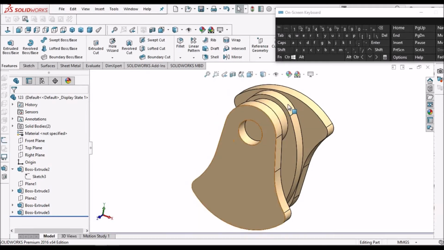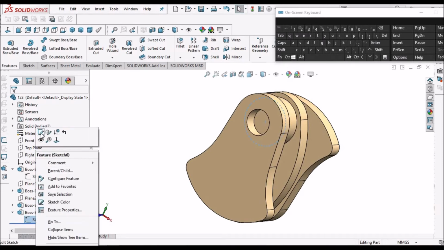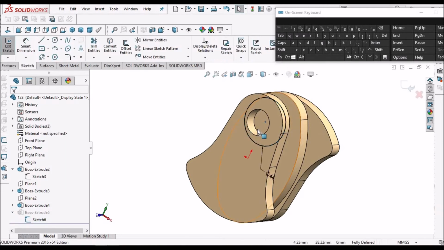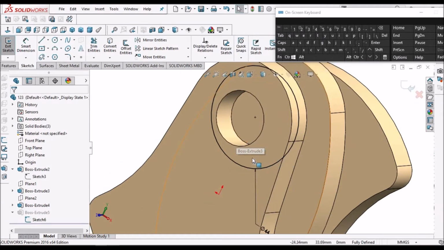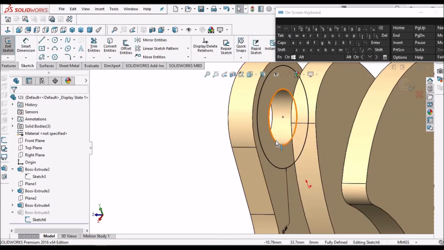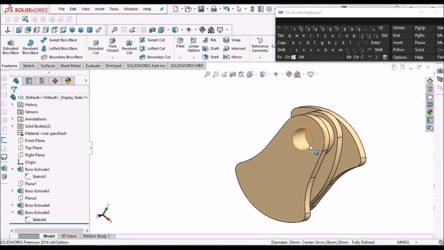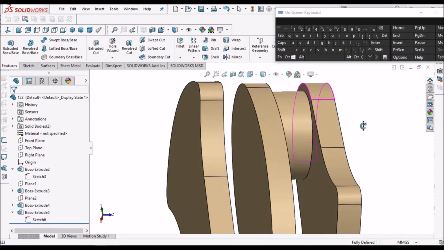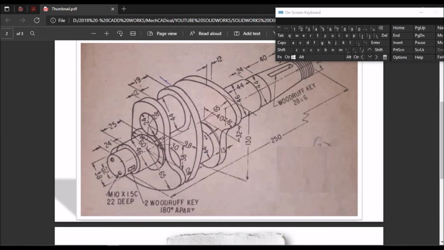So in this sketch, convert entity is not selected, so we have to go to sketch, edit, select this edge, convert entity, say OK. The same way we have to create this also, the other side.